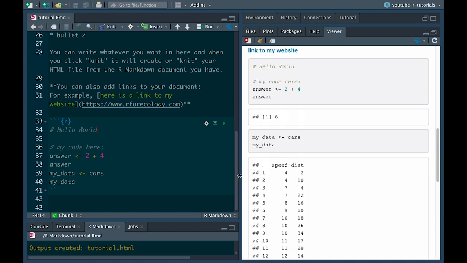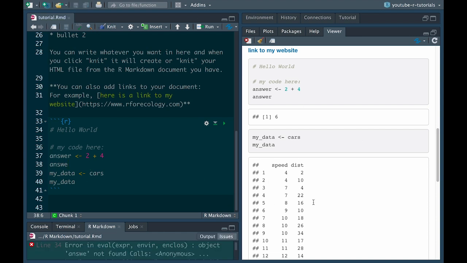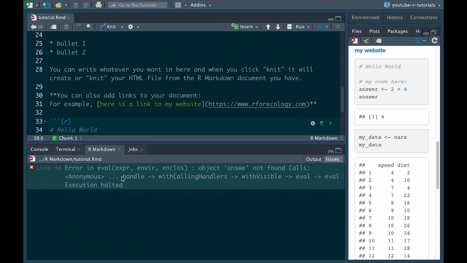You can also, as you're working through the code yourself, run it without having to knit and see everything each time. If you have an error, like let's say I forgot to type that R there on answer and I try to knit this, instead of showing me what's wrong, I'm just going to get this error down here, which is actually harder to read or understand than if you were going through the code line by line the way that I suggest in my tutorials.